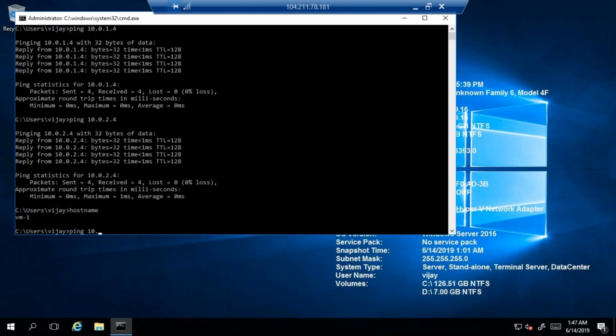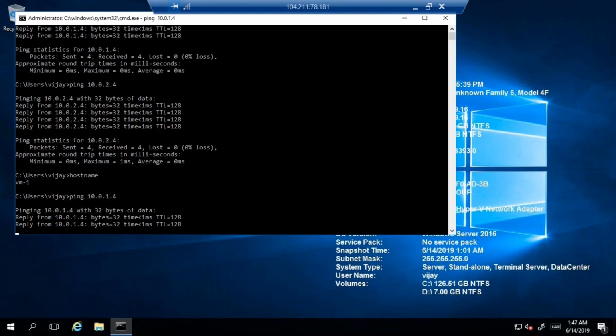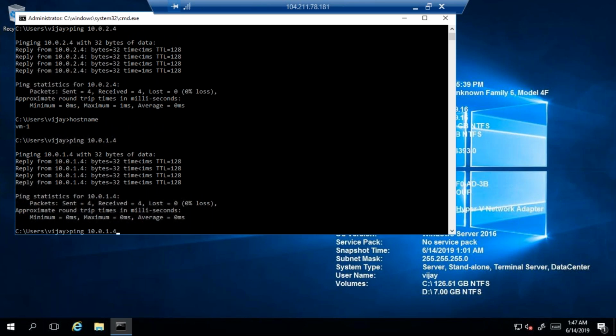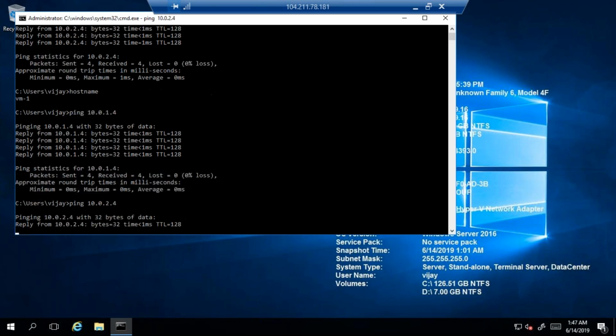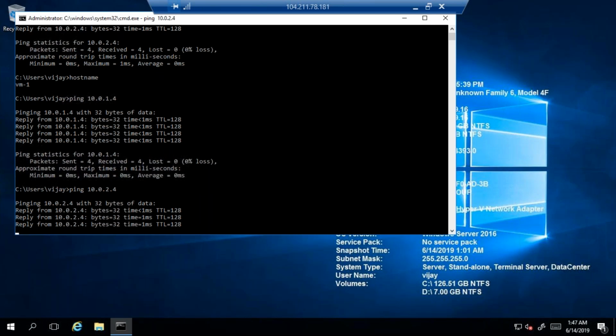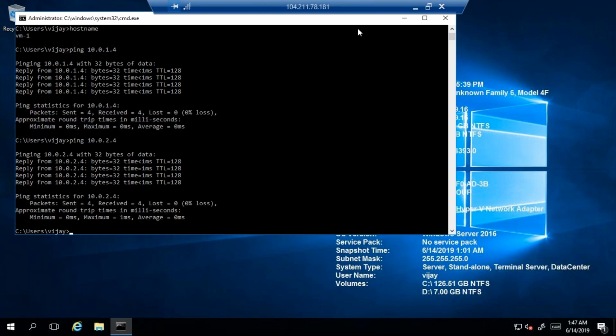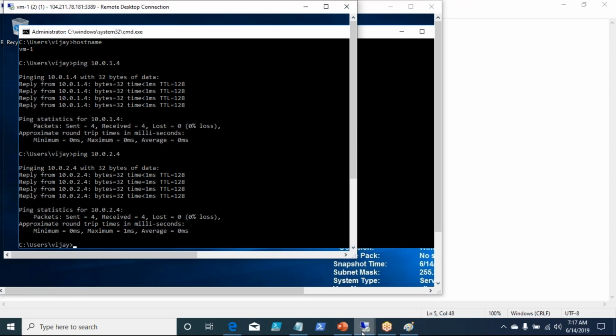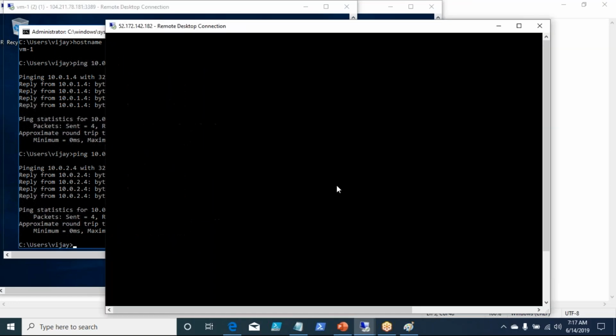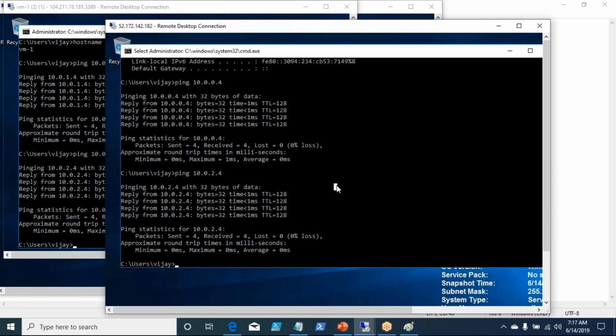Let's ping 10.0.1.4, it is pinging, right? This is VM2. Now let us go to the other one. What is the host name?